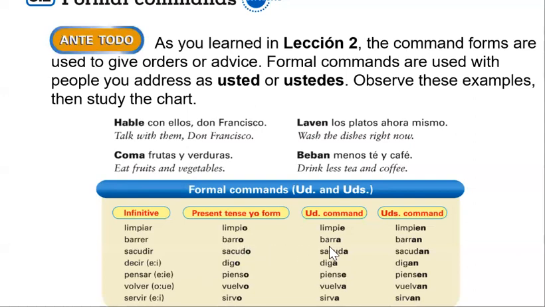Barro, drop the O, it's an ER verb, A at the end, barra. Again, it would also be the negative, no barra. Sacudir, got an IR verb, sacudo, sacuda. Digo. So those first few, we had an AR, and ER, and IR verb that were regular. This isn't really that much of a stretch from everything you've learned from before we've learned anything about the